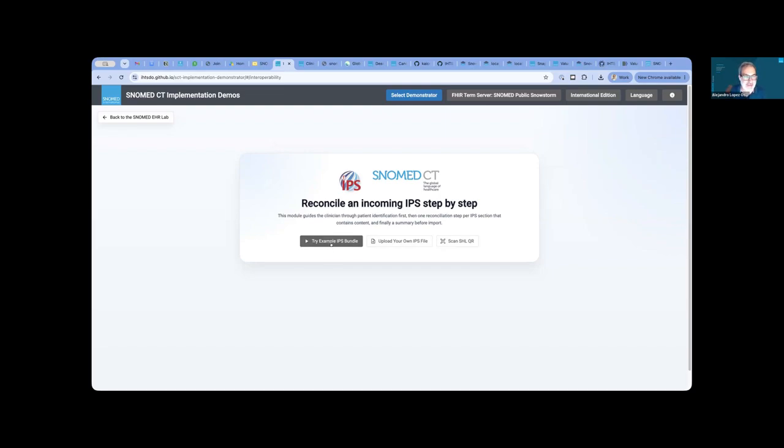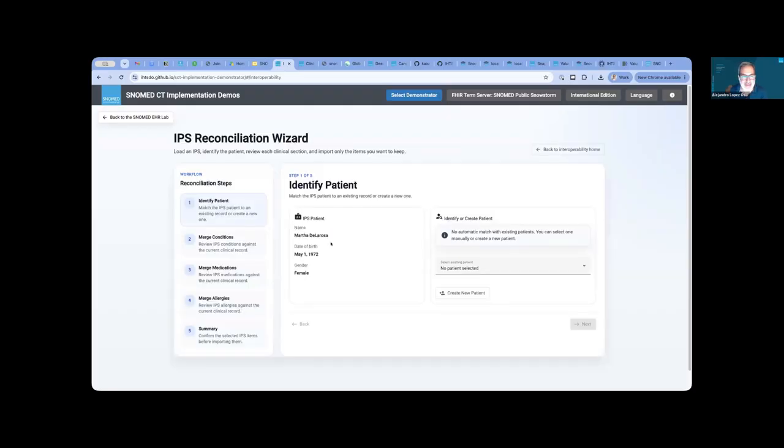So what will happen is that you're working in your system and the patient comes with an IPS, for example, a patient summary. It's called International Patient Summary, but it's being adopted nationally in Canada, in Argentina, in many places. It's being adopted also to exchange between hospitals or between regions and things like that. So what we are exploring with our users are the different techniques to incorporate information and to take advantage of SNOMED use. So there's a process in which you get an IPS,